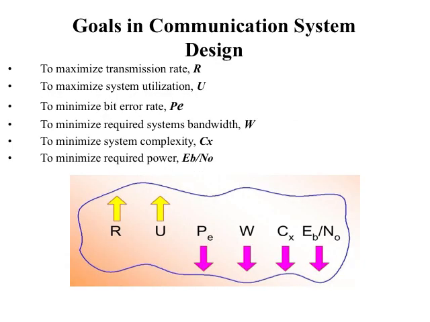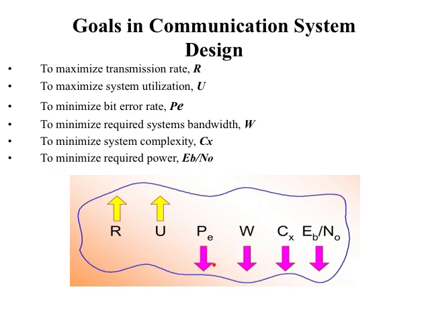After knowing the advantages and disadvantages of digital communication, now we need to know what are the goals that we come across in communication system design. The first important goal is that we need to transmit the data at a higher rate, so we need to maximize the transmission rate. Similarly, we need to maximize our system utilization. Our goal in a communication system will always be to reduce the error, so the third goal is to minimize the bit error rate,